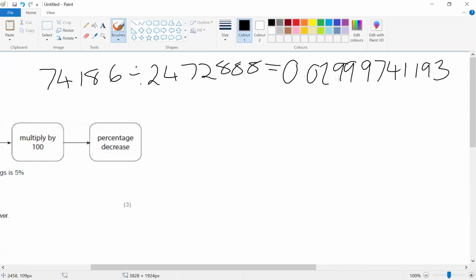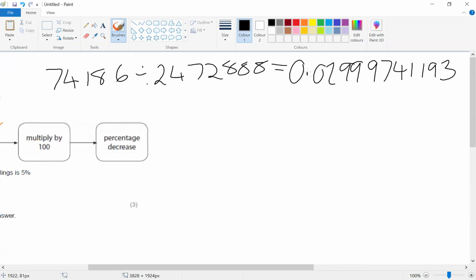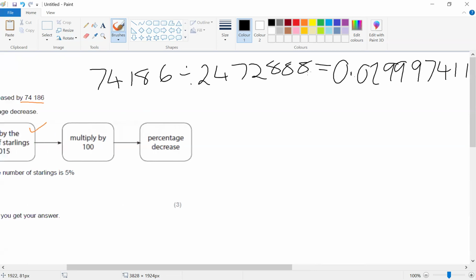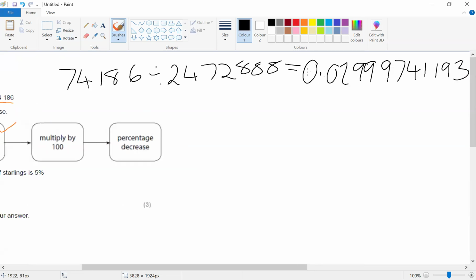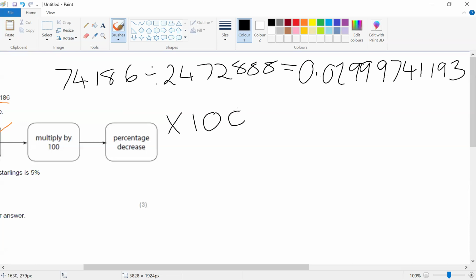Now I like to write out all of my answer, just in case I accidentally hit the clear button on the calculator or I get distracted and I'm not sure what the number was. Some people will not write out the full number and will just move on to the next step. It's entirely up to you. As long as you then show the next step being times 100, because I still have the number on my calculator, so I'm then going to multiply it by 100, which means I get 2 point